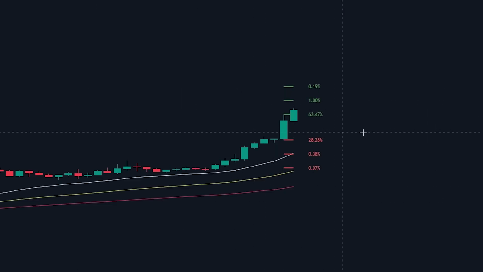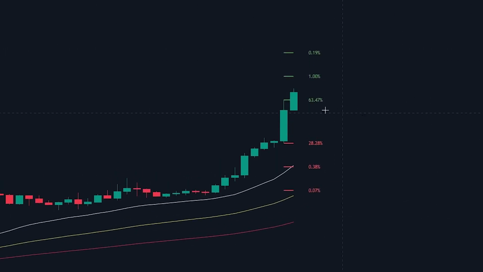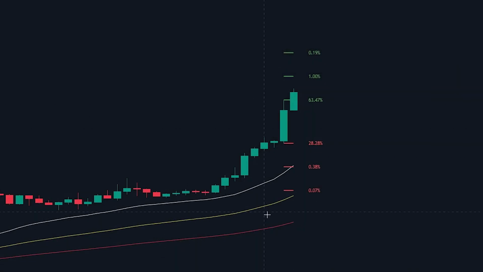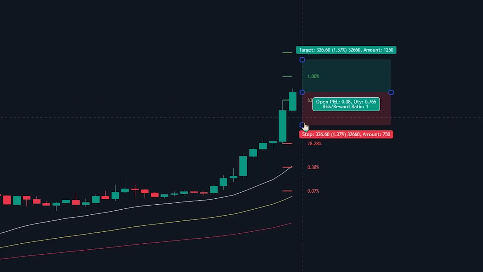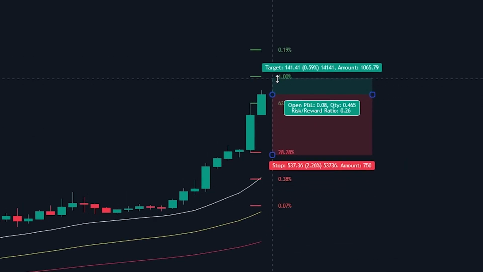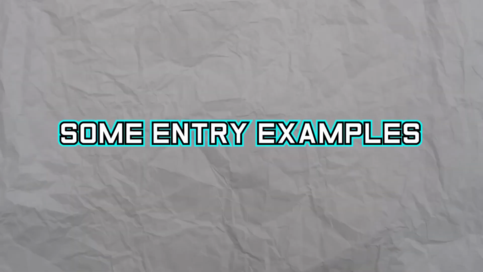On the 15-minute time frame, we will be looking for signals provided by either the EMAs or the market structure. If the signals are congruent with the signal provided by the breakout probability indicator on the 4-hour time frame, we will enter into the position. Finally, we will be basing the stop loss and take profit on the values of the breakout probability indicator. Now that you know the steps we will be taking to enter into a position, let's go over some entry